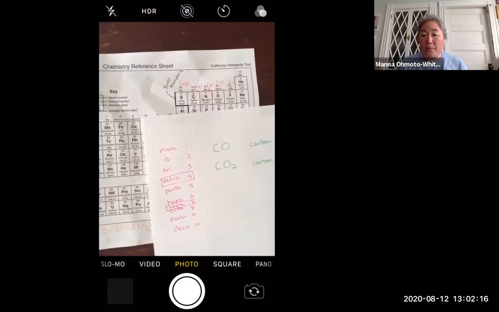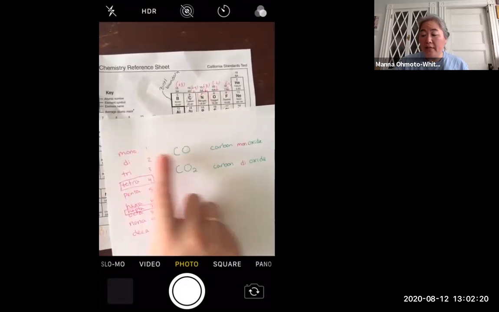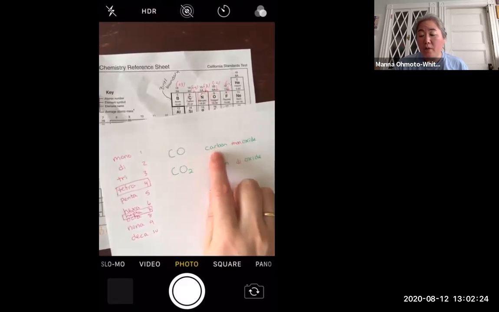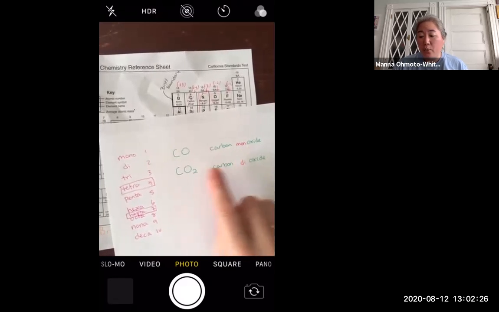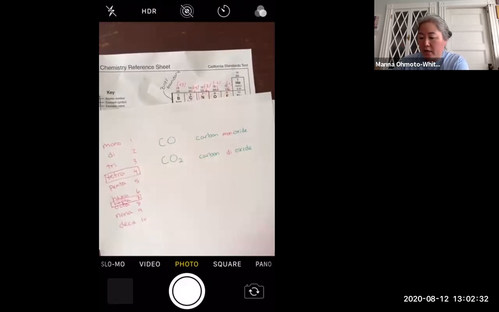So it's not quad. I use mono only if it's not the first element. So I don't say monocarbon monoxide. If I only have one carbon, then I'm just going to say carbon. So why don't you try your hand at